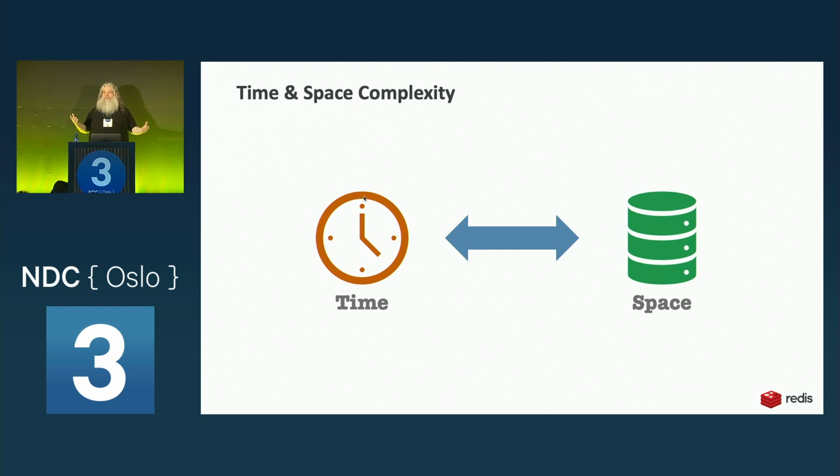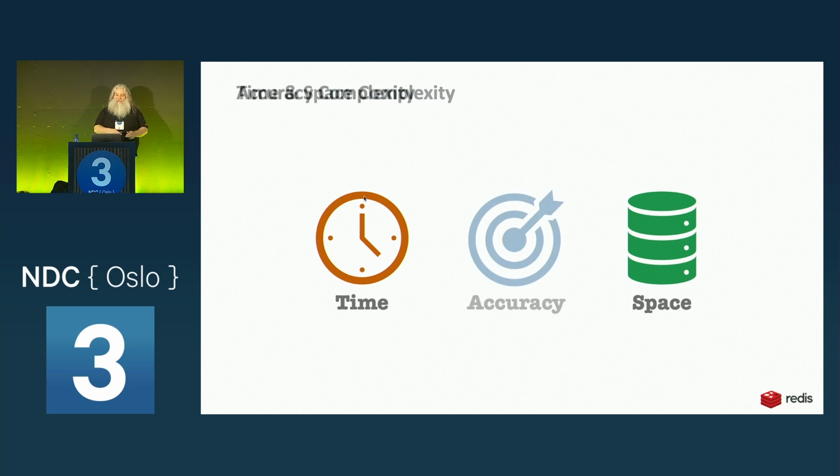Now, most of us in our day-to-day just use an array and it'll be fine. Or a linked list and it'll be fine. Or I'll use a hash table and it'll be fine. And a lot of times we're not really weighing the time and space complexity. We're not making that specific comparison in our brain. We're often looking at the capabilities of that thing. So we'll choose a hash table versus a list because we want to store things by keys. And we'll choose a list because we have a list of things. And so we will look at them not necessarily based on their time and space, but also based on their capability. And another capability you can look at, besides time and space, is accuracy.